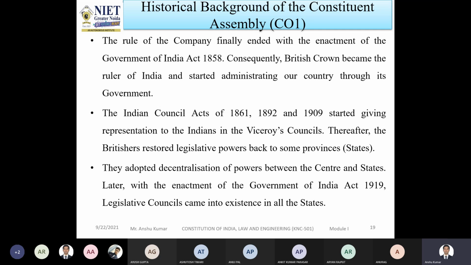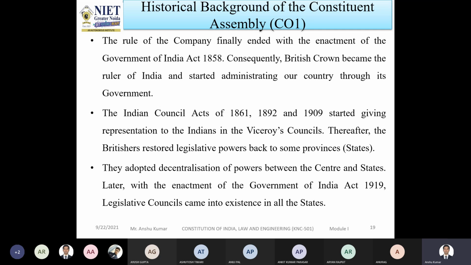Later, with the enactment of the Government of India Act 1919, Legislative Councils came into existence in all the states. You will learn this part in the powers and functions of the Rajya Sabha, that means the second chamber. You will be asked about the second chamber: why do we need a second chamber, and what is its use? But at the time of 1919, the Legislative Council was the only one chamber, and the Britishers slowly